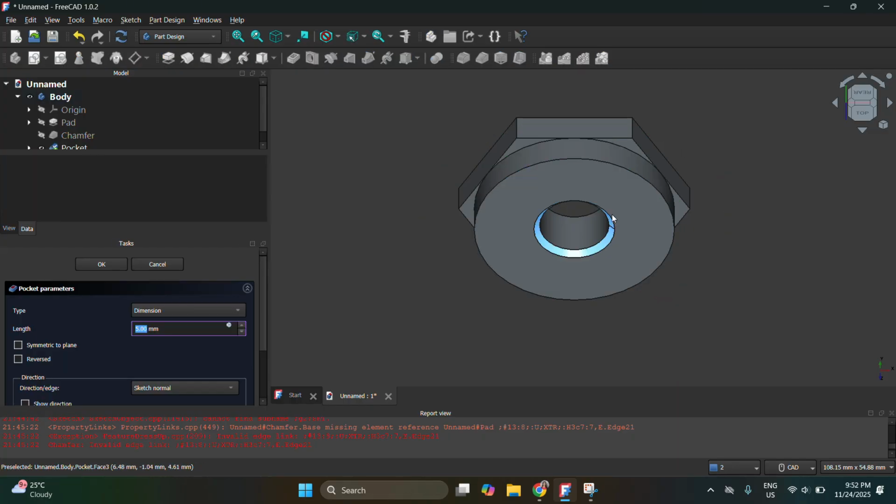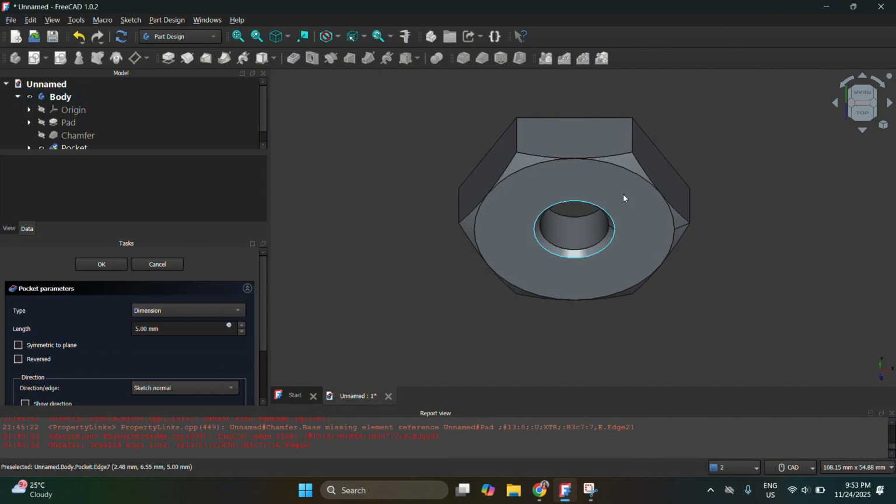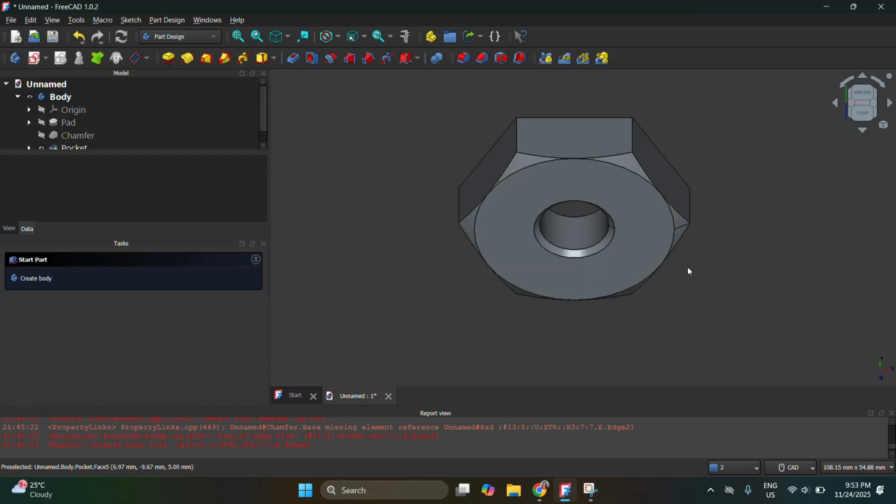Notice that the pocket here doesn't look like a chamfer at all, because we have to set a taper. That is no longer a chamfer but a taper on the corners of the hexagon. So let's set the angle for the taper. You can set different angles, look at the view, and change this according to your preference. But let us stick to 60 degrees. Now it's done. You will see that each corner of the hexagon is being tapered. Now you can click OK.